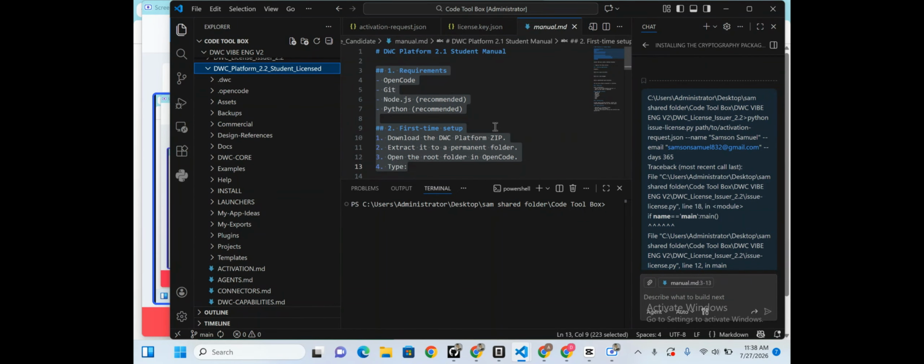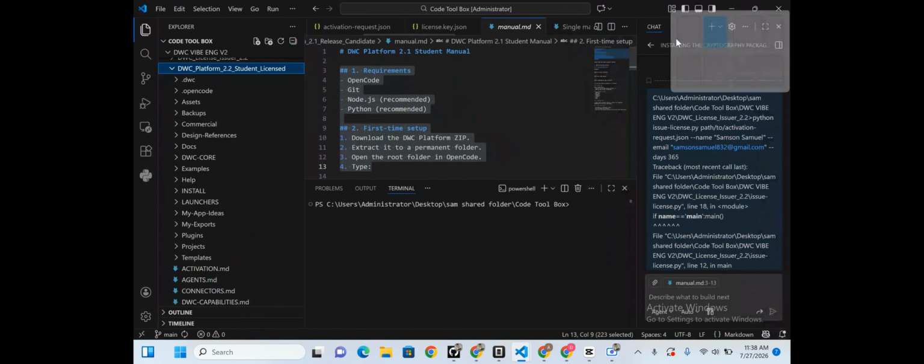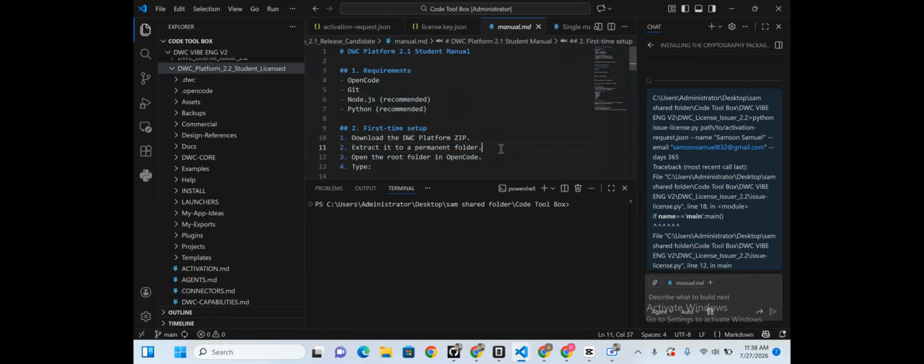I'm actually doing this video to point out something for those of us that will be getting the DWC, the Digital Web Creator Platform operating system. You'll be getting a license that will be working on your laptop. I mean, it will be working for you alone. So when you first get the zip file on your laptop and you have already opened it in your OpenCode, you tell it to install the DWC. After installation, you come and open the folder in your VS Code. As you can see,